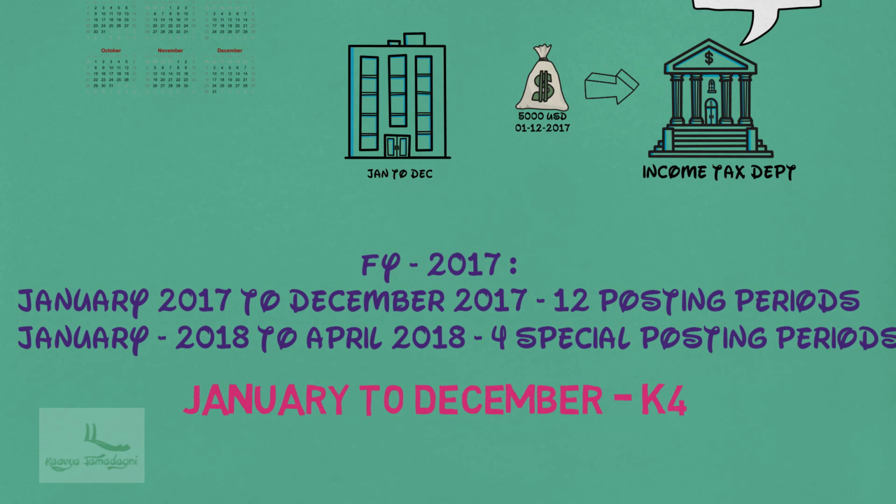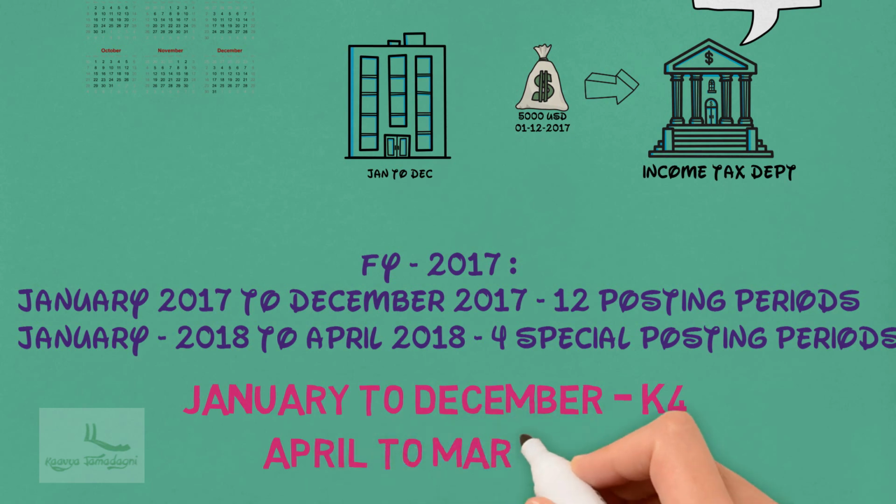Similarly, for the posting period April to March, the fiscal year variant is identified as V3. If you remember, during the configuration, I had given my company code as ABCC with the country as India, and India uses the financial year of April to March. Hence, I'll be using the fiscal year variant V3 during the configuration. So guys, let's understand the types of fiscal year variant in the next video.